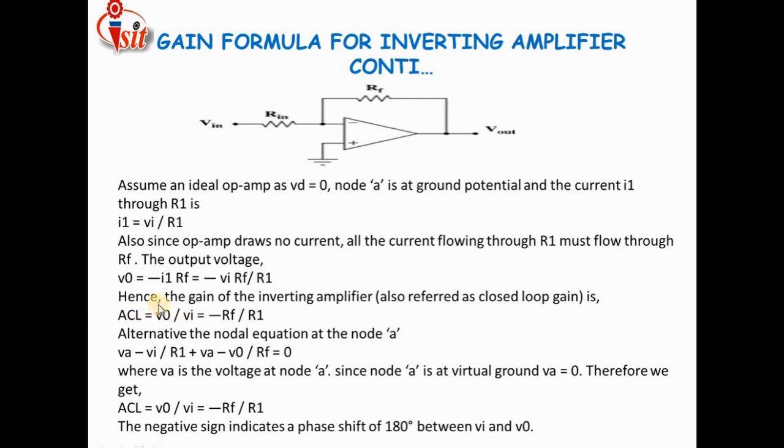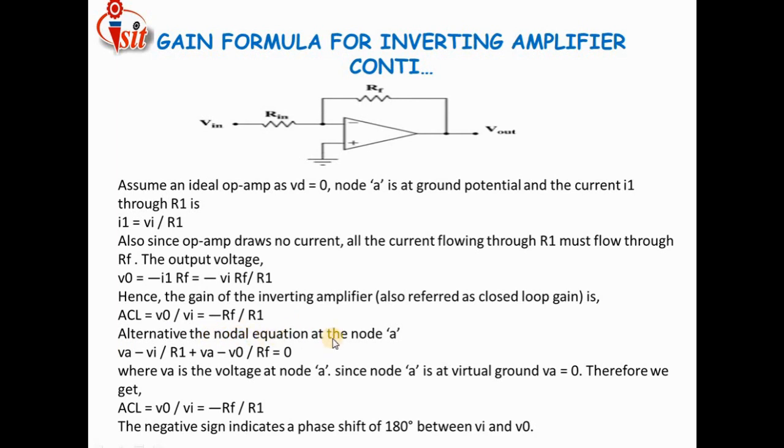In general, gain is calculated as output quantity divided by input quantity. Here we are dealing with voltage, so we consider the output voltage divided by input voltage. The output voltage is related only to the feedback resistance, here RF. And why does the minus sign come into the picture? Because this feedback is related to the negative terminal of the op amp, that is the inverting terminal. So RF comes in as negative RF divided by R1, and this is the gain formula for the inverting configuration of the op amp.